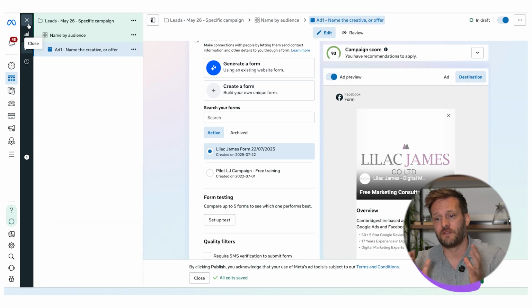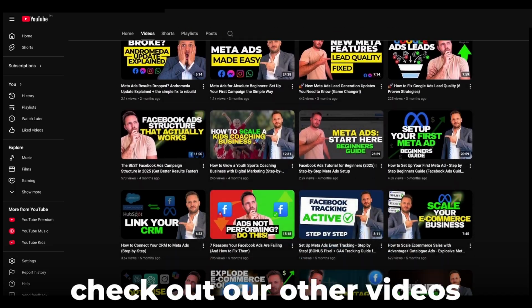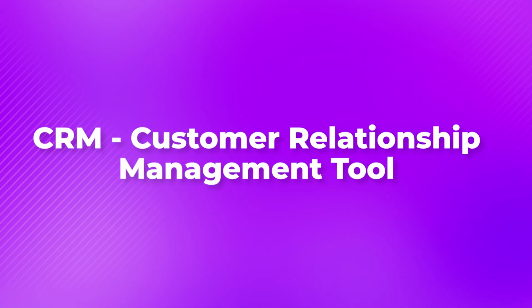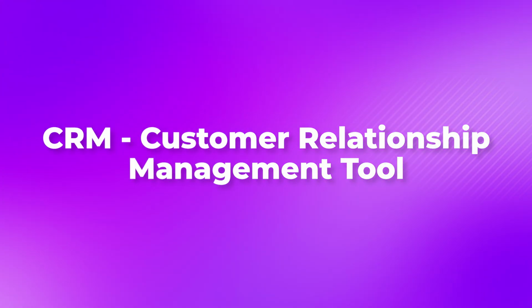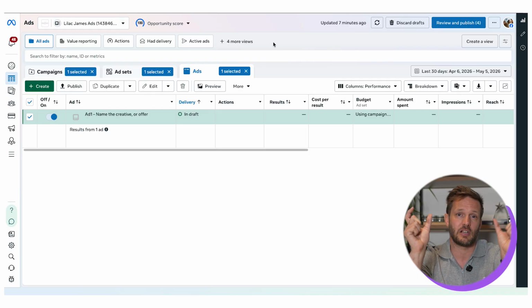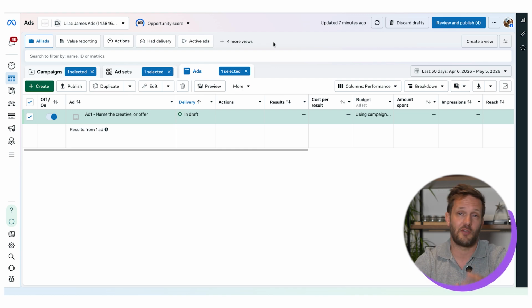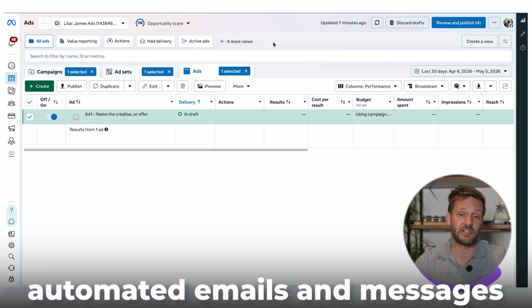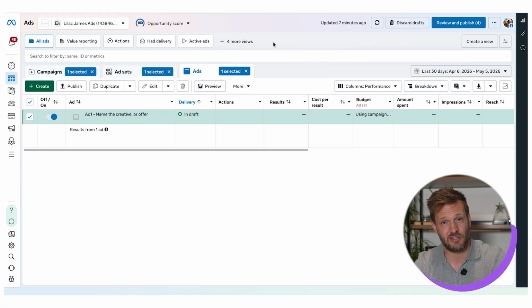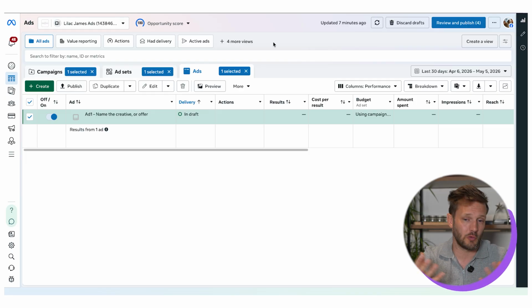So let's talk about some more advanced strategies here. I'm not going to give you a full walkthrough around this stuff. There are other videos that we have around how to integrate your CRM. A CRM is a customer relationship management tool. And what you can do with a CRM is when these leads are coming through, either from a website or a form, you can squirt that person's details into your customer relationship management tool, where they can then have automated emails, text messages, and it just means that your information is stored in one place and you can manage those people to determine when you call them, when's the last contact you had, and to record all the activity and information,